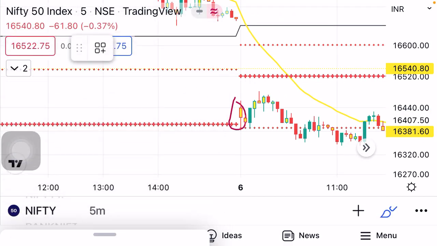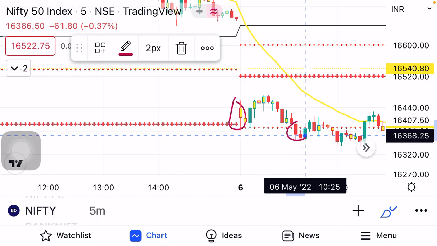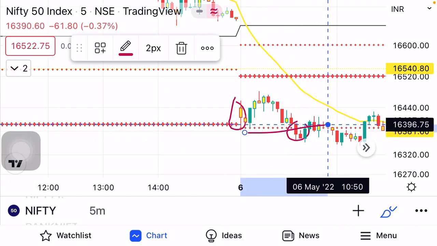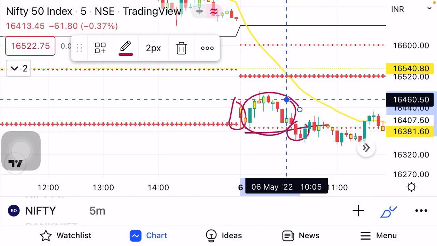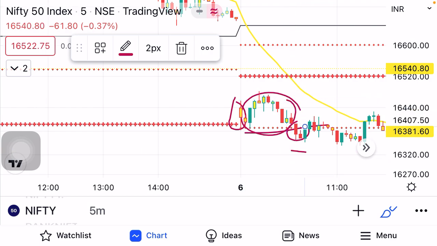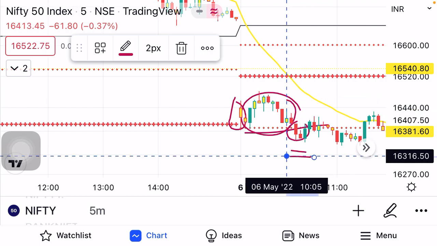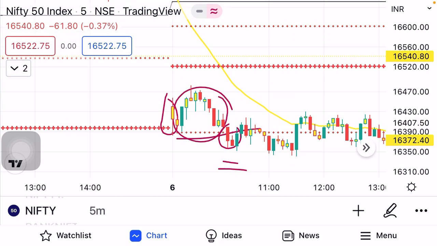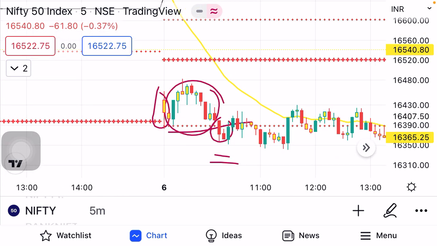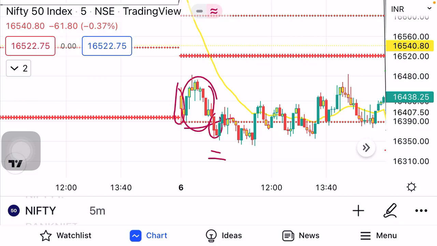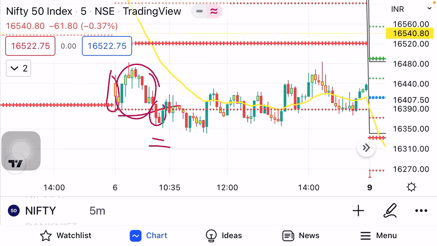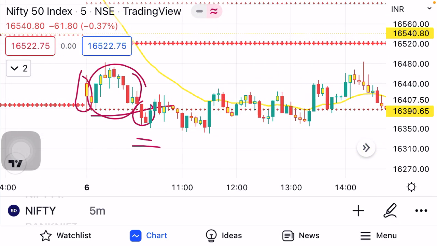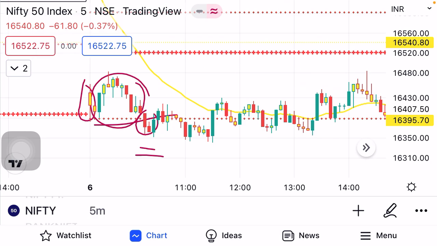This is the candle which is indicating that the market has crossed morning's range. So you can take a put position at this point also, and the target will be according to your risk reward ratio. So most probably your stop loss will get hit. Okay, no problem. So stop loss was hit on 6th May